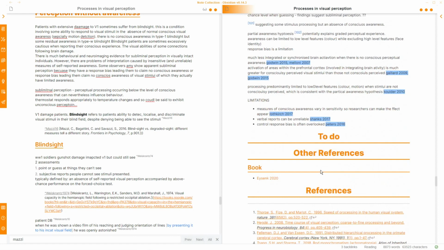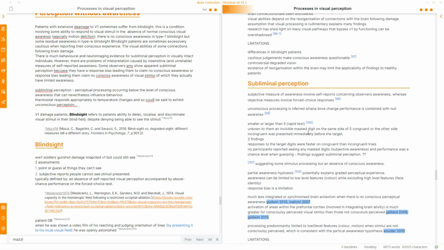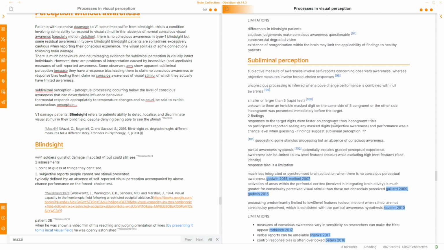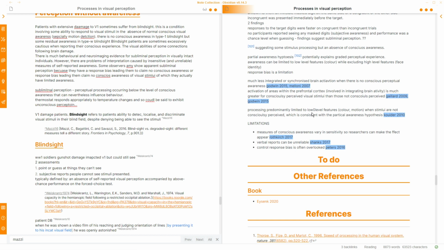And two, when I'm going through a lot of the references in the papers, obviously I need to pay attention to the title of the paper, and I actually find other trends that are going on inside of this note. So even though it's about processes in visual perception, consciousness has come up quite a lot in a lot of the papers that I'm referencing, and cognition and subliminal cognition are two other terms that are coming up as well. So I can link cognition, subliminal cognition, consciousness and awareness all with this page later on once I've processed it,